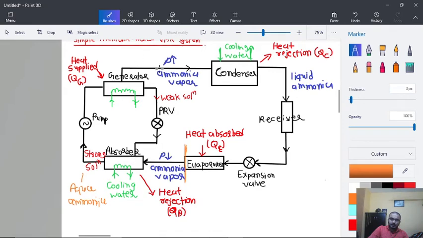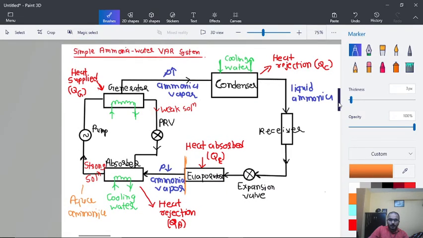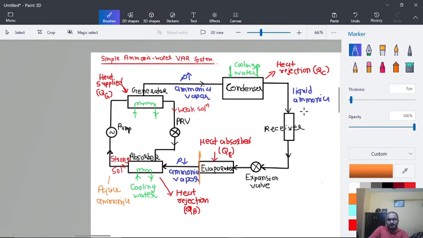So here it returns, and then this ammonia vapor goes here, this is at high pressure because of pumping, and this gets condensed in this condenser where heat is rejected, that is QC. Then because of condensation it becomes a liquid ammonia, and then it goes through this expansion valve where its pressure gets reduced, and then it again goes to the evaporator where it is evaporated and gets converted into low pressure ammonia vapor. In this way this whole cycle works for the simple ammonia vapor absorption refrigeration system. So let's copy this into our main slides.